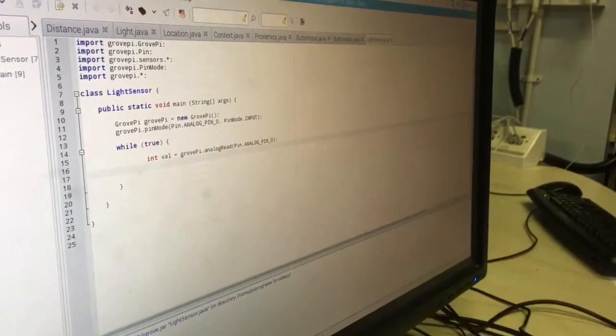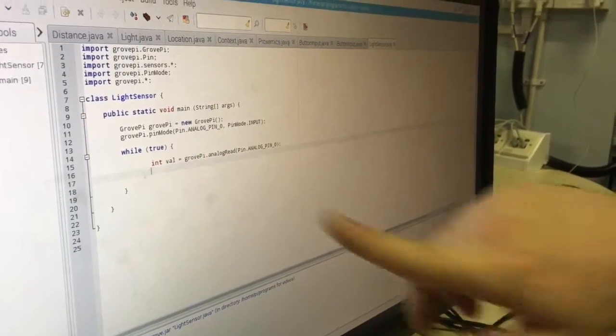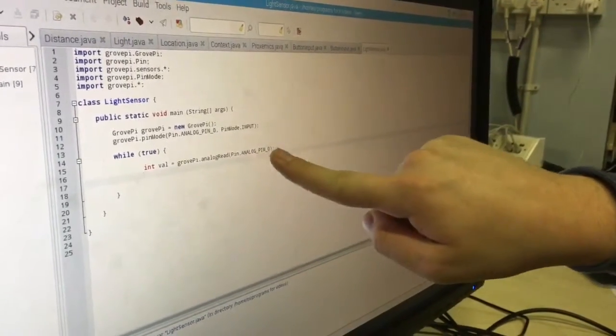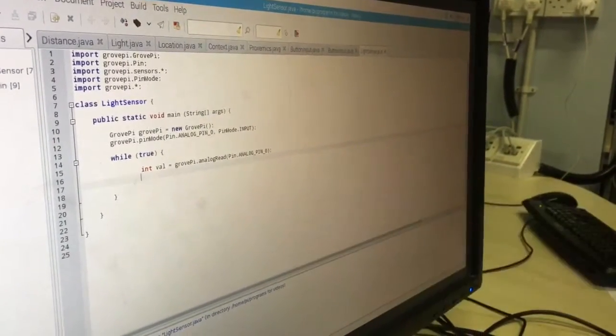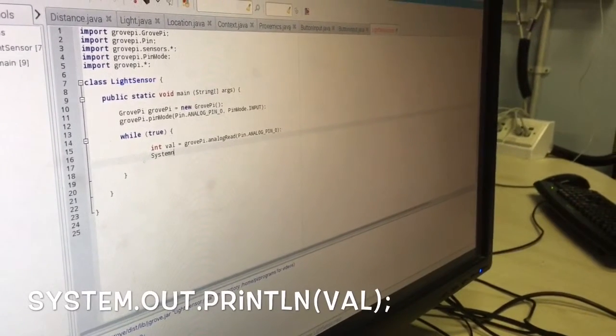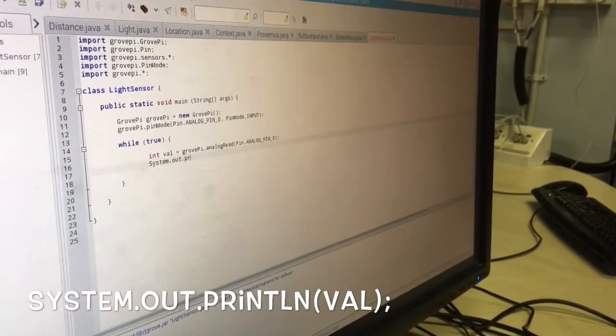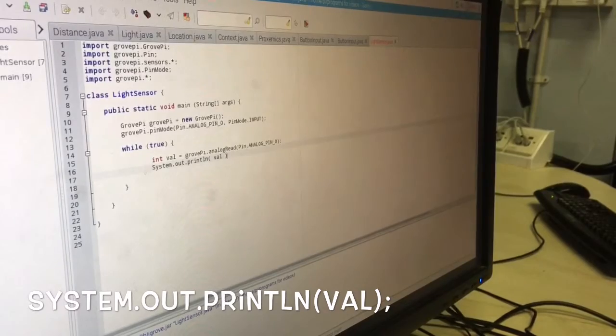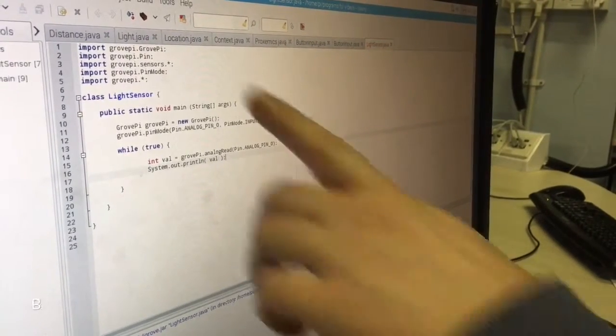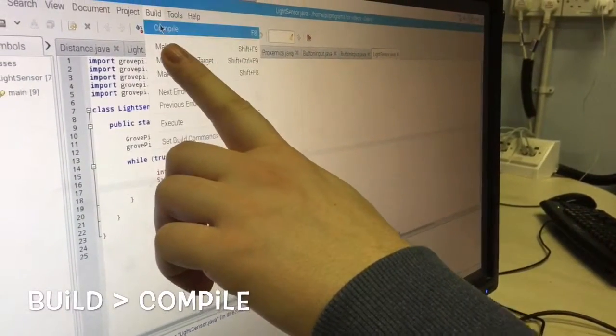Inside this while true statement, which means it's going to run continuously, we're simply going to do an analog read of analog pin 0, returning an integer value. If I now type System.out.println and print that value, followed by building and compiling the code,